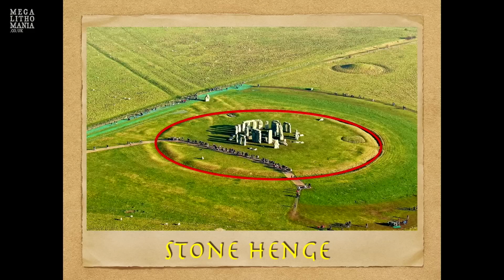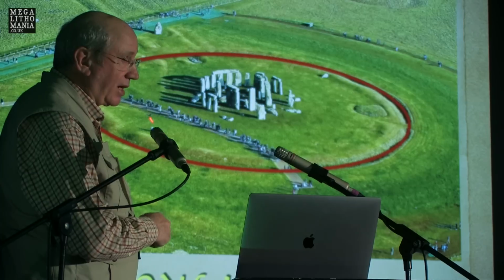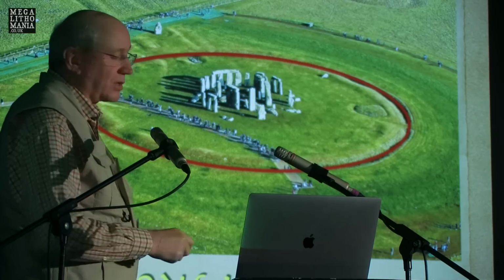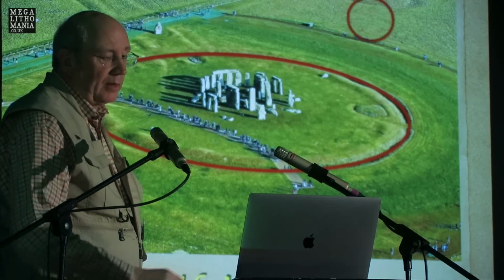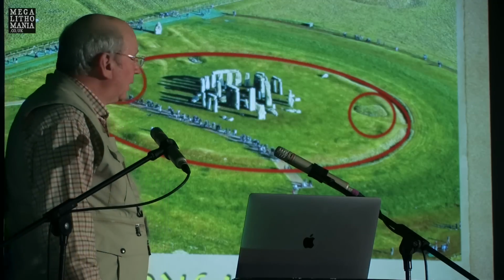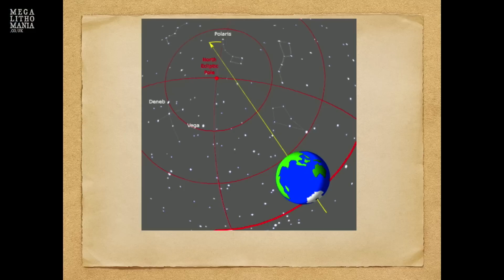And what we're also interested in are the 2 smaller henges inside. We've got one here and one here. You'll see it on the next diagram. You can't see it so well here. So let's mark those. Okay, it's gone on to this one. Okay, so what are we looking at when we see those